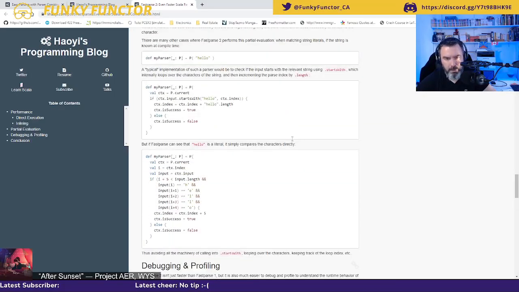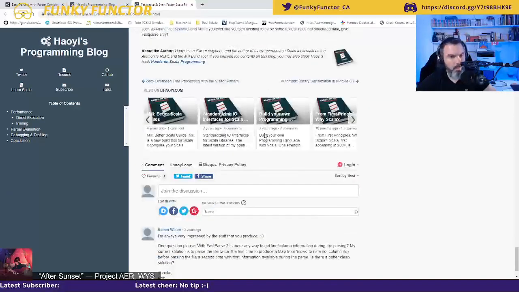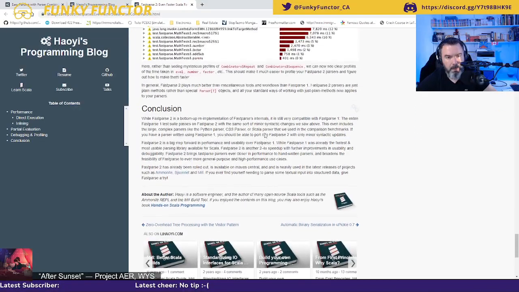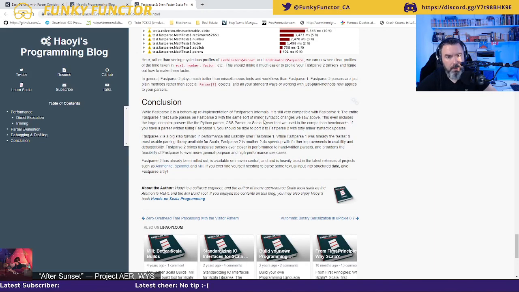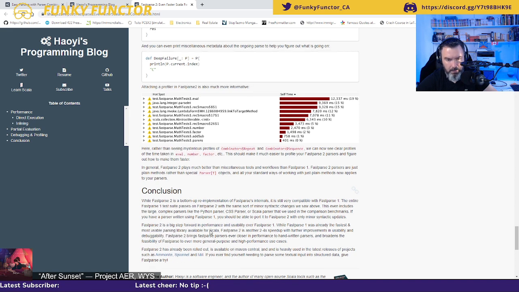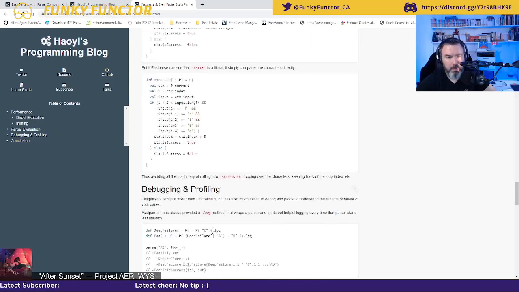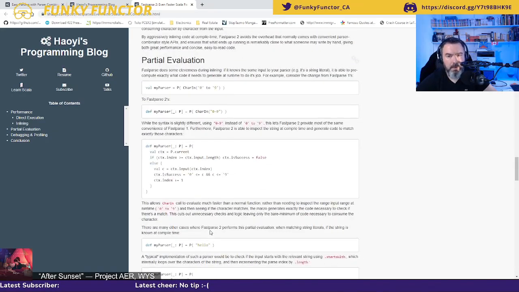No. Partial evaluation? No. Debugging and profiling? No. I want to have... So I've got Ammonite, SJSONNet, mill. No, I want to have some sample project that I can look at.